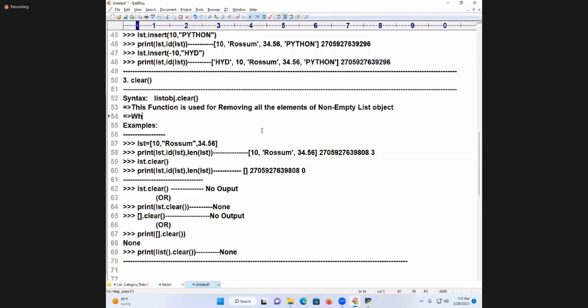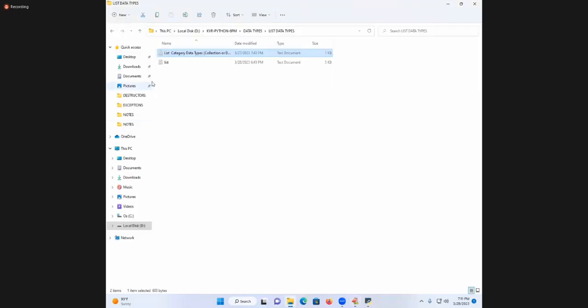Right? When we call the clear function on an empty list object, then we get no output. This is important, students. No output or what? None. N-O-N-E. None is a value of which type? None type. Because in the last part of my data types,